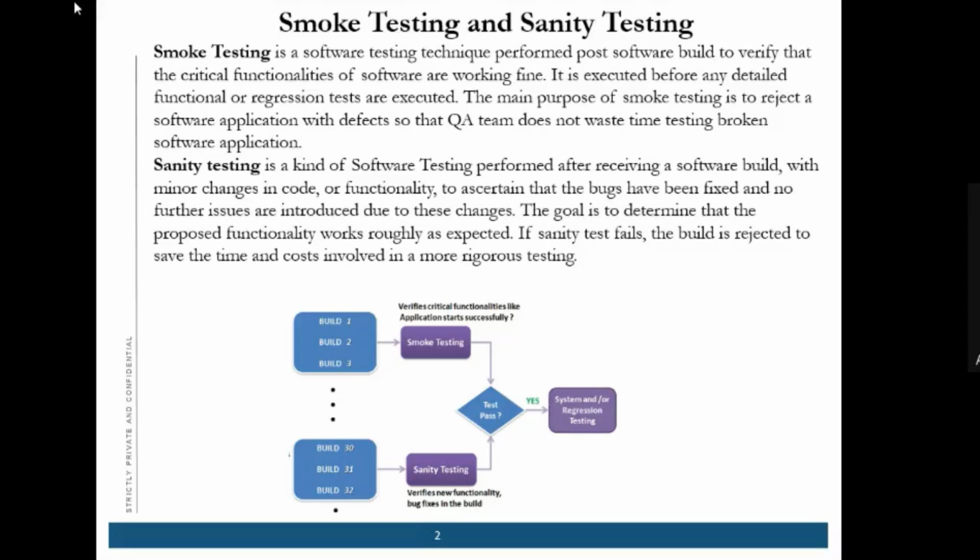Smoke testing is performed to see whether all the critical functionality of that project is correct or not, whether it is executable, before going any further with system testing or regression testing. If the main functionality is not working fine, then there is no use of accepting that build for regression testing. So the main purpose of smoke testing is to see whether it is able to execute in our testing environment.